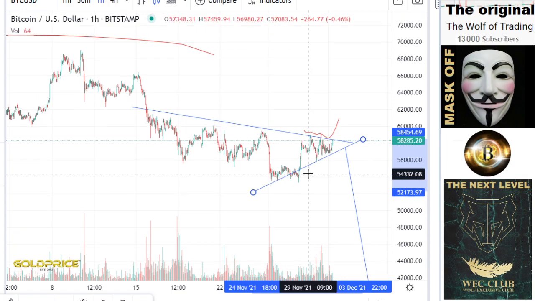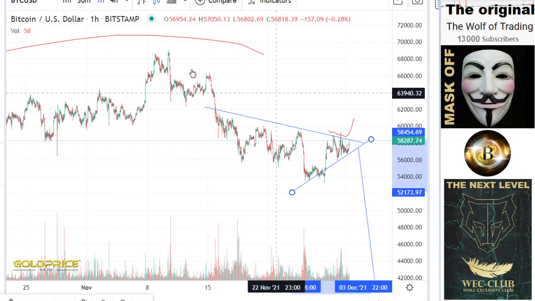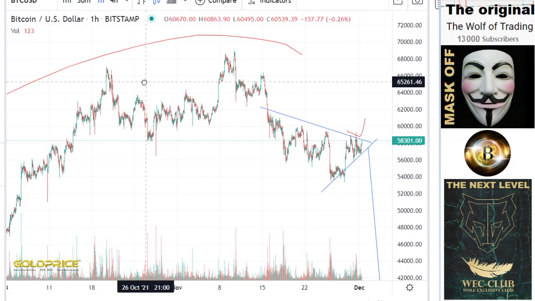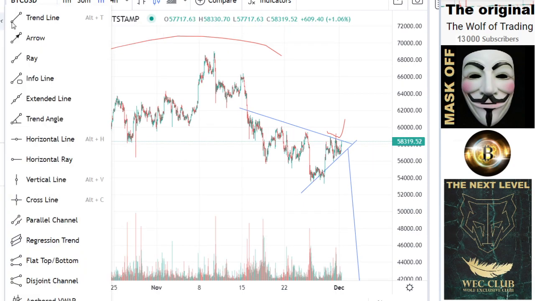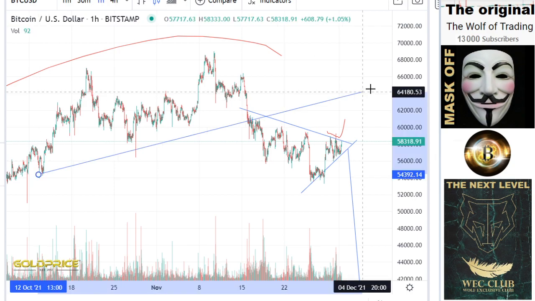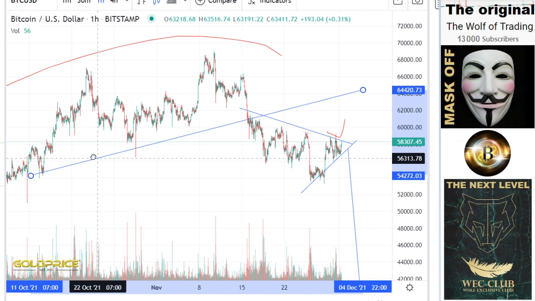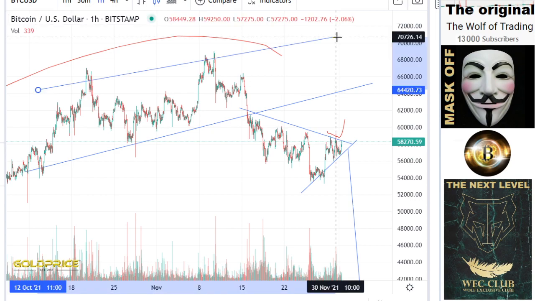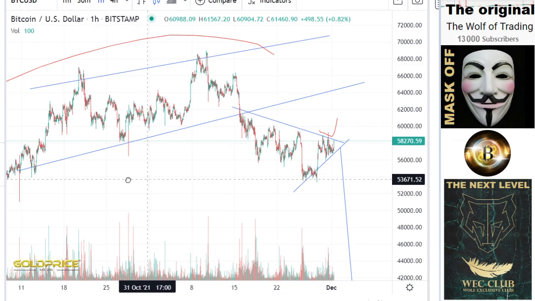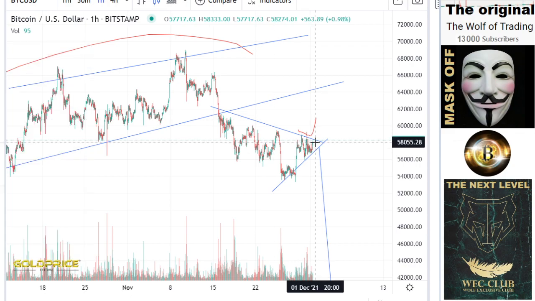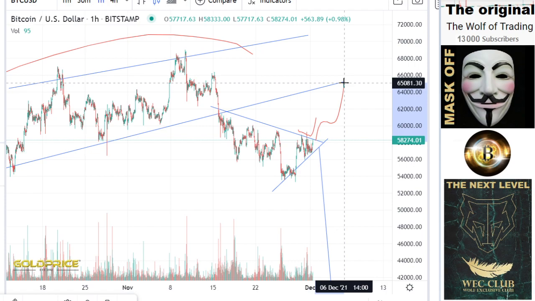Let's say we break this to the upside. Let's say okay, the elites and the rich and the whales, that they could make something like that. We have a trend line here at these levels, that we could say okay, this trend line is valid, and the price could break out and make something like that. Then we reach here 65,000, because we want to make a retest here.